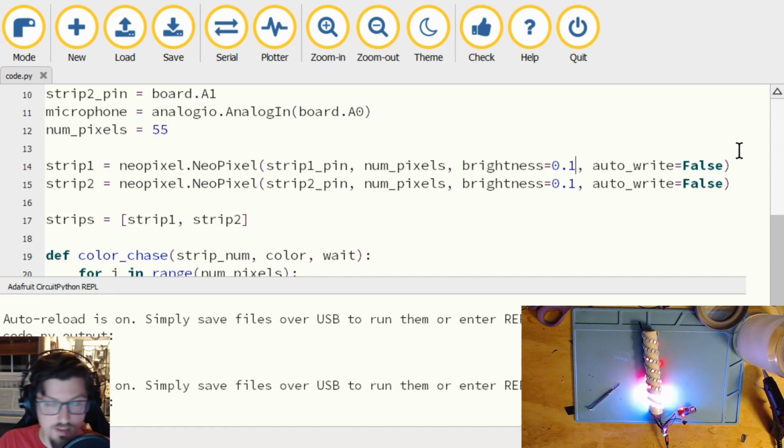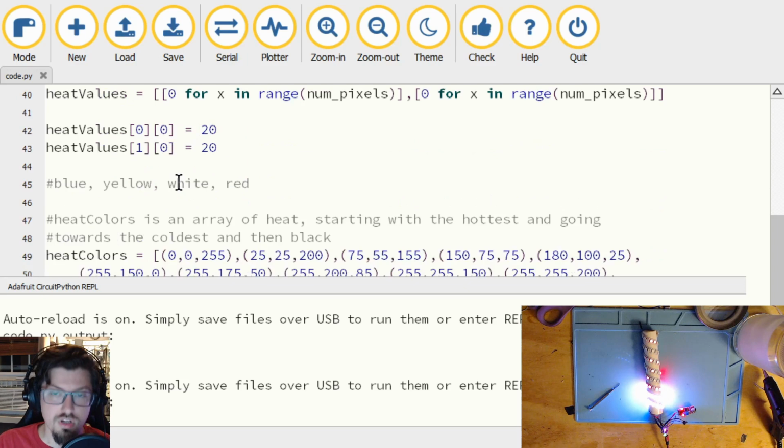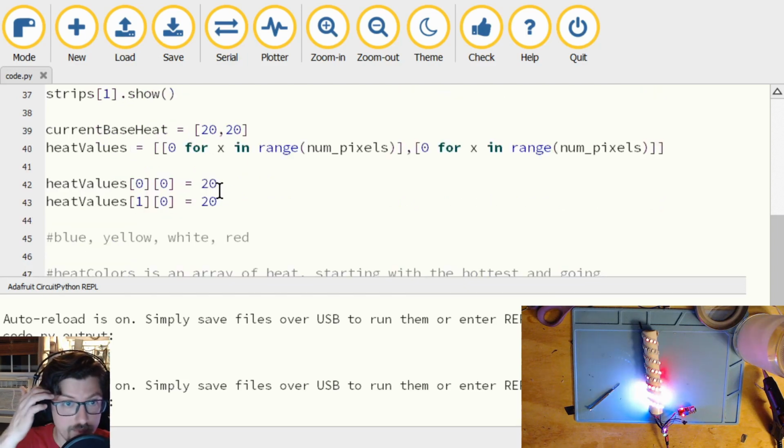So the problem with what we've done is this. We are starting with 20. And in theory, we could have a complete flicker where the entire strip gets a randomness where nothing ever decreases and the first 20 pixels are all at 20 heat. And we could have something completely opposite where everything's dropping off by 3. So if I want it to be more natural, then what I really want to do is